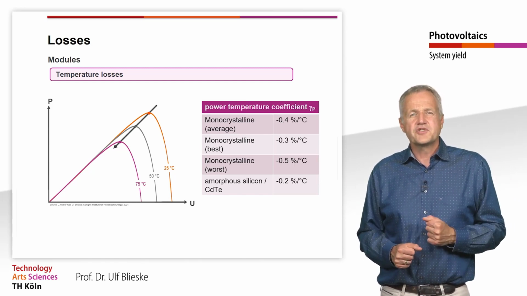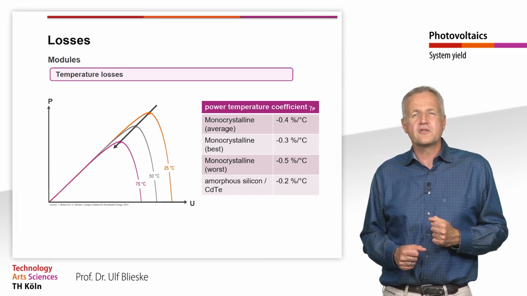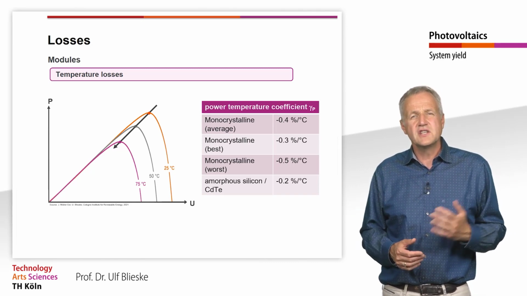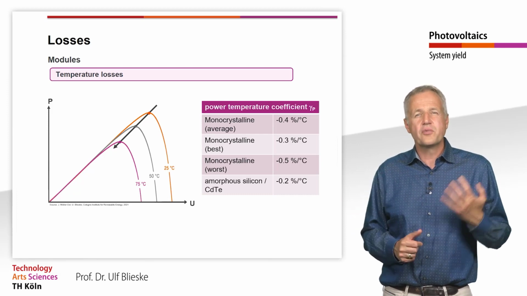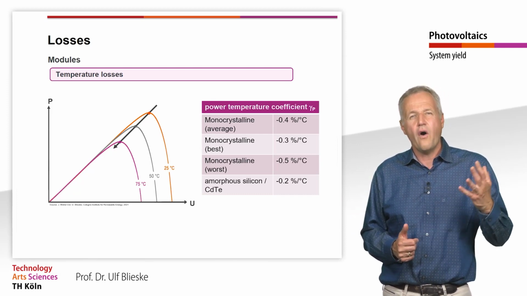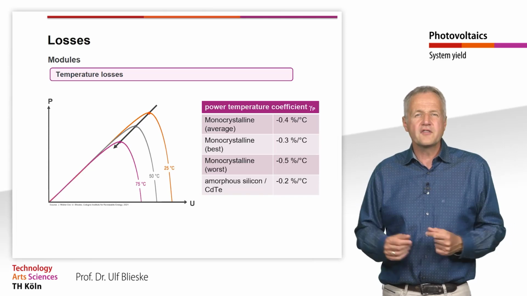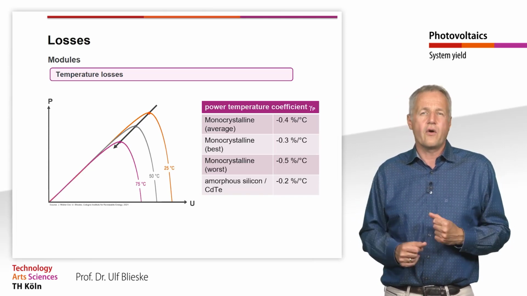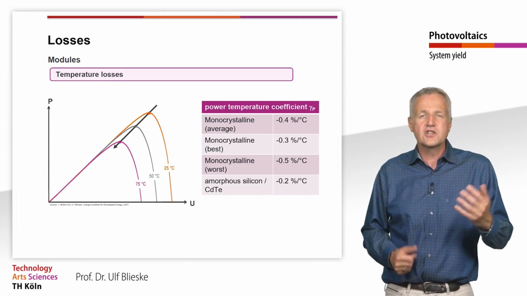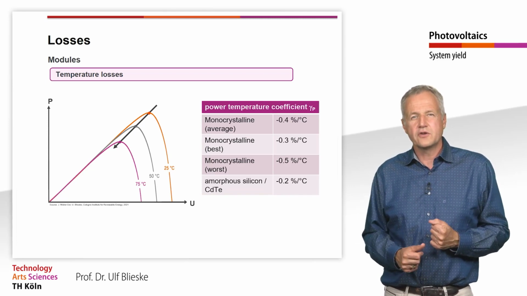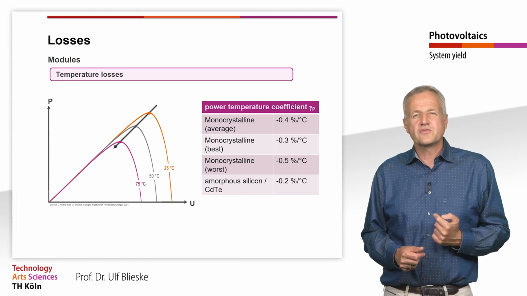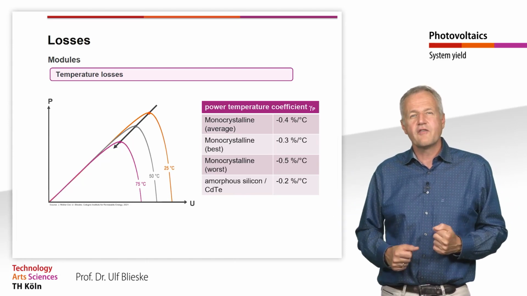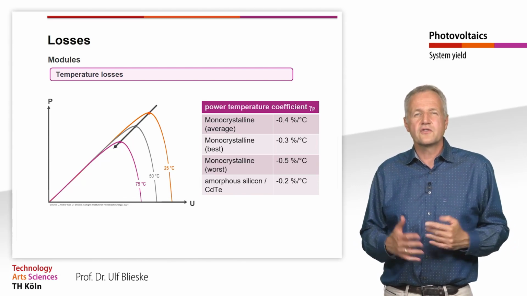The best temperature behavior is shown by thin-film modules made of amorphous silicon or cadmium telluride. The temperature coefficient here is only minus 0.2% per degree Celsius. However, modules made of amorphous silicon are no longer used in PV systems because their overall efficiency at STC is much lower than that of crystalline modules. Modules made of cadmium telluride, whose efficiency is comparatively much higher than in the case of amorphous silicon, are still used to a certain extent in